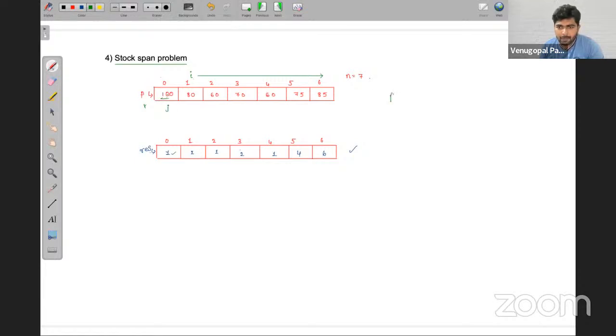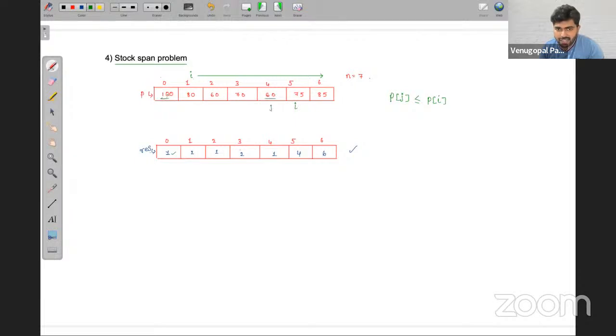Now you can compare price of J. For example, if price of J is small compared to price of I, then you need to count that day. If my I is present here, let us say, then I'm going to start my J value from here. I will take one variable and I will count it.